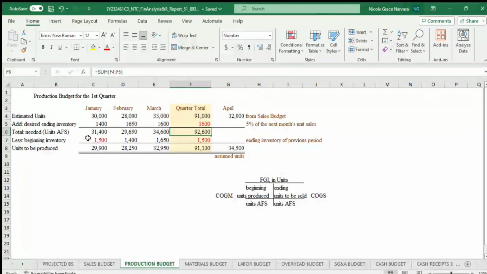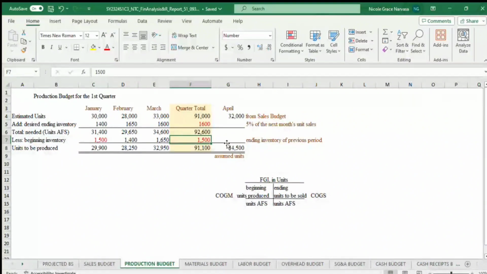And for us to get the units to be produced, we are going to subtract the beginning inventory from the total needed units that we got earlier. So that is 1,500 for January, 1,400, 1,650, and 1,500 respectively, and all of that is from the ending inventory